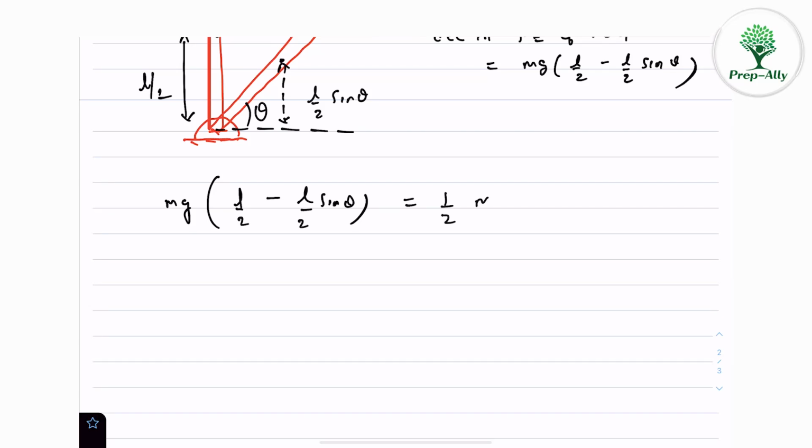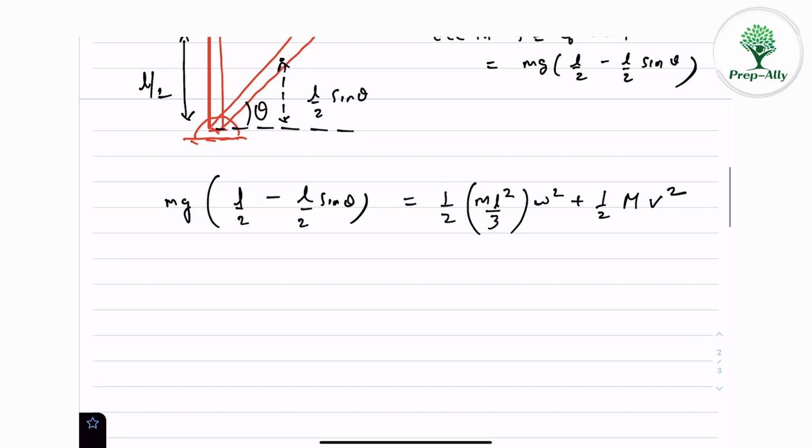As far as the rod is concerned, when it is rotating purely about a fixed axis, its kinetic energy can be written as half I about the axis of rotation times omega square, and for the block, which is simply translating, half m v square. Now there is a relation between the velocity and omega. Let me tell you. Okay, so this is the energy conservation done. What are the unknowns here? The unknowns here are